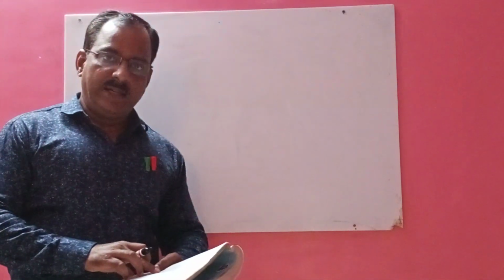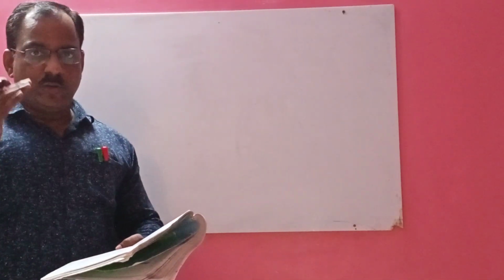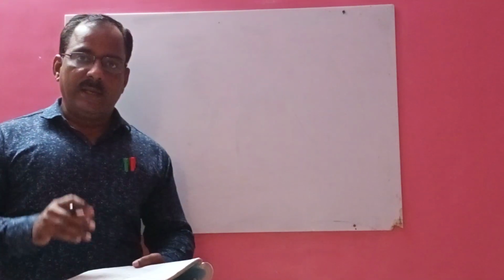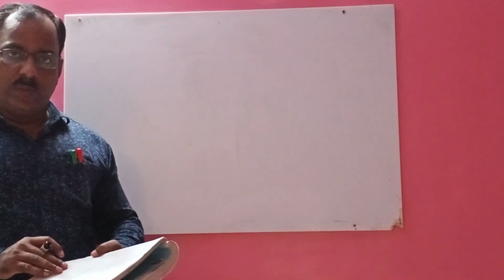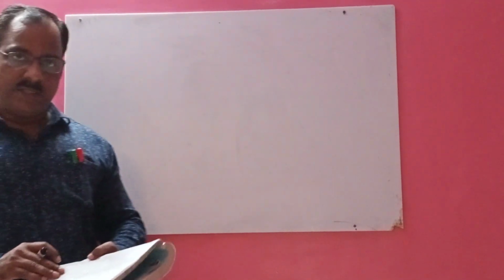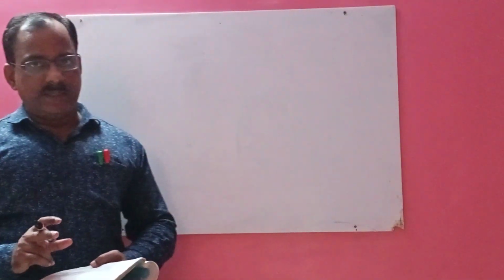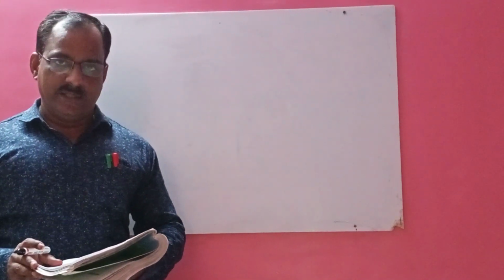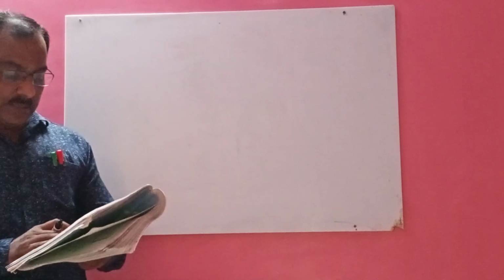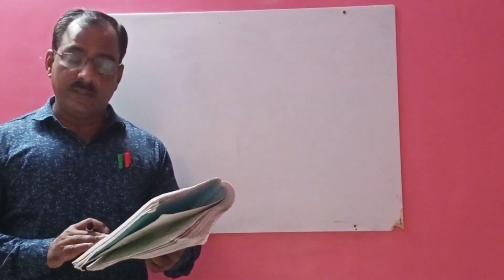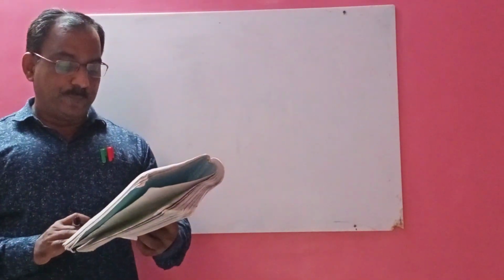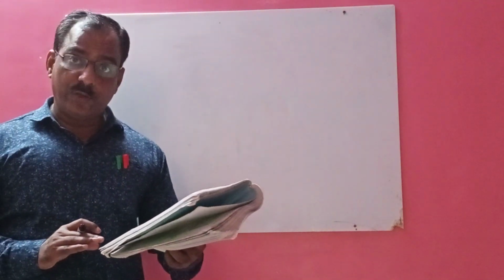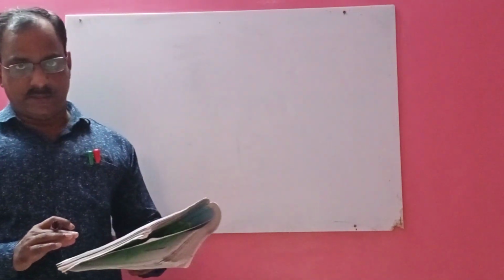As I told you children, we should learn all the trigonometric identities. That is, sin square theta plus cos square theta is equal to 1. Then 1 plus tan square theta equals sec square theta. 1 plus cot square theta is equal to cosec square theta. Okay. Now let's see question number 3. What is given here? Cot theta is equal to 40 upon 9. Find the values of cosec theta and sine theta.